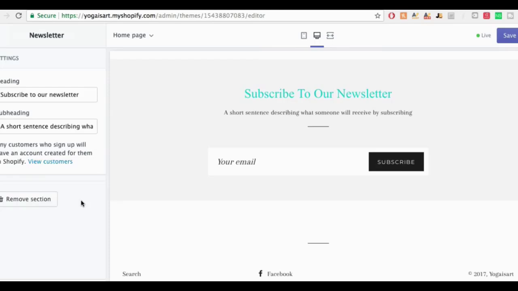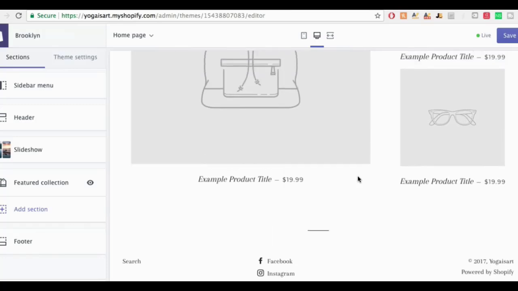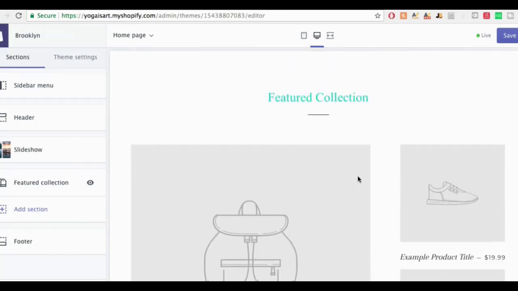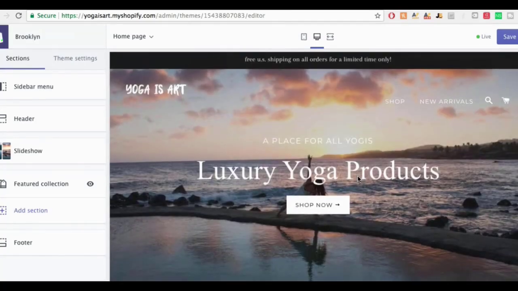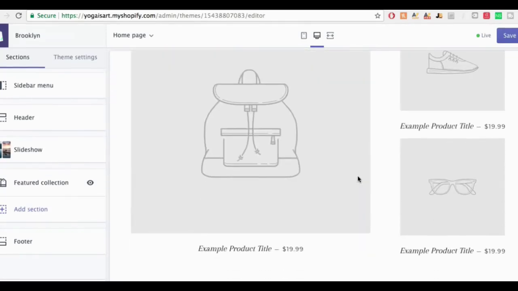It's going to help you collect a lot more emails. And that really is the key to having a successful store. It's building that list of emails of devoted customers that like the products that you're selling. So we're going to get to that a little bit later. But for right now, we really just have an extremely simple, bare bones store, which is not necessarily a bad